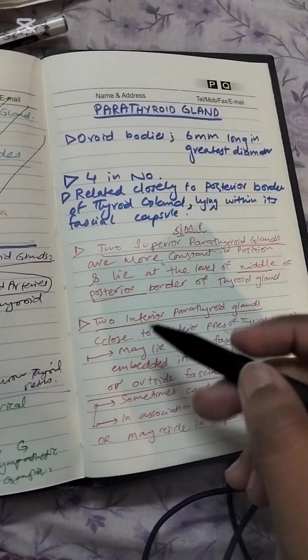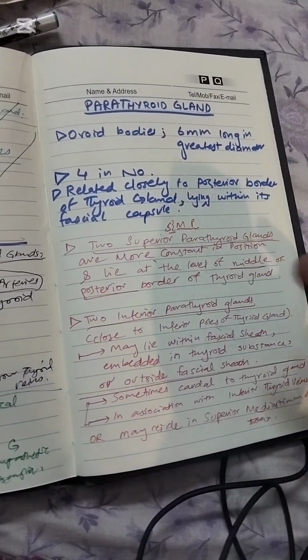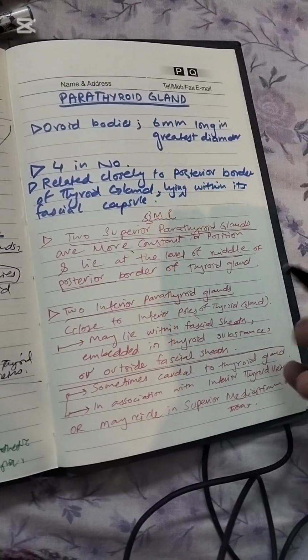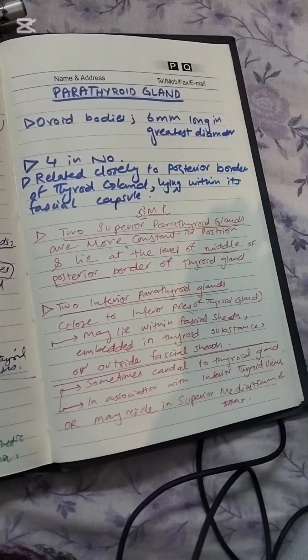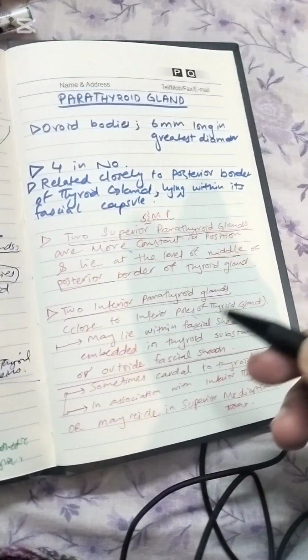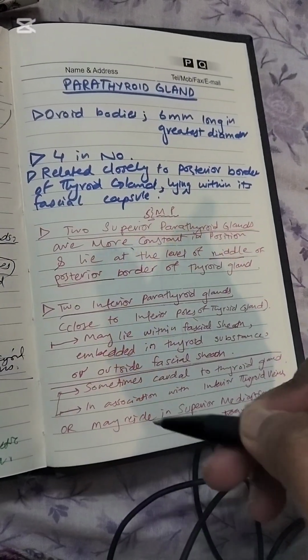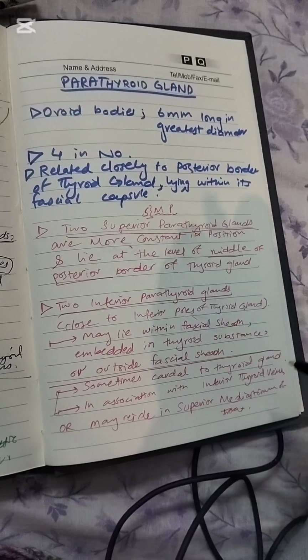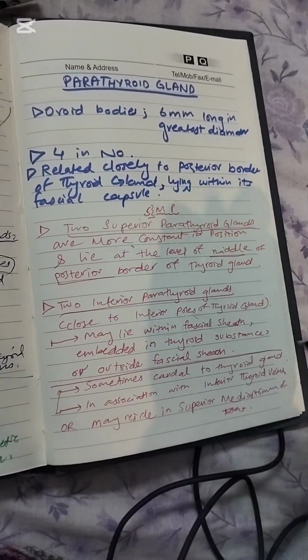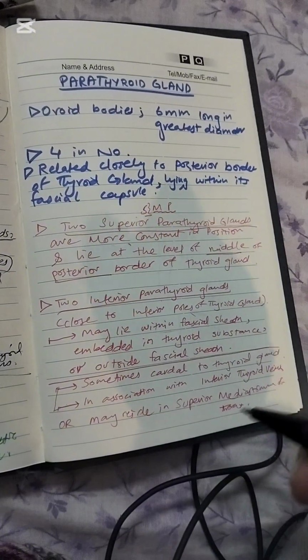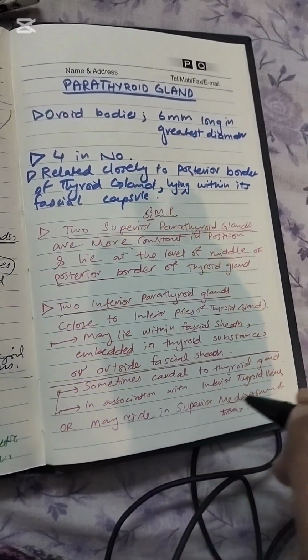And now let's talk about the 2 inferior parathyroid glands. They are not constant in position, so they may lie within the facial sheath or outside the facial sheath, or they may be embedded in the thyroid substance, or they may also be in association with the inferior thyroid veins caudal to the thyroid gland, or they may also reside in the superior mediastinum of